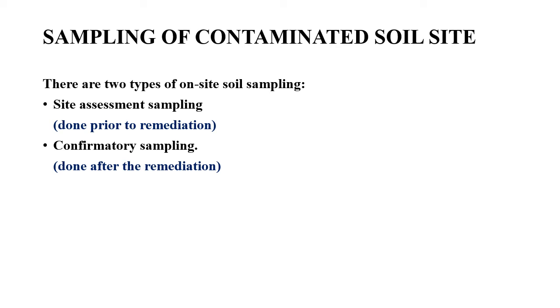Now, the second sampling is actually done at a stage after giving a remediation technique to the land. So, once you have remediated the land, it is necessary to ensure that no more contamination exists within the land, or at least that it is all within limits. So for that, a confirmatory sampling has to be done. That is basically a validation after the remediation that the contamination levels are within tolerable limits as per the Environmental Protection Agency guidelines. So these are the two stages during which the sampling has to be conducted.